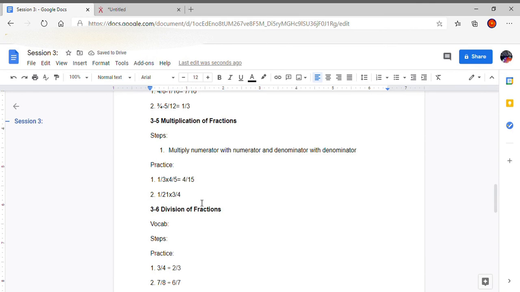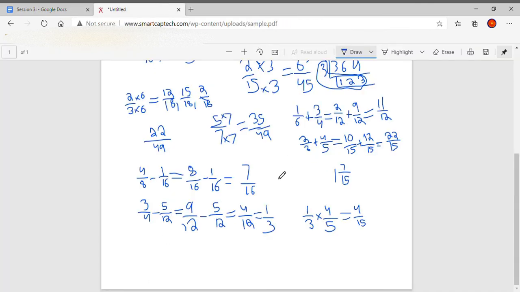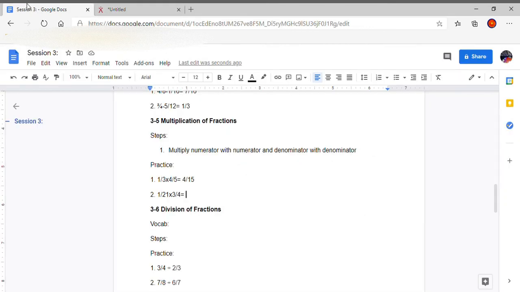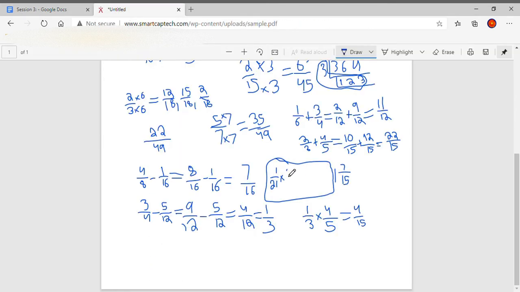Next one. 1 over 21. Write that here. 1 over 21 times, I'm writing over here, 1 over 21 times 3 over 4. So just multiply across. 3 times 1, 3, and then 21 times 4 is 84. So you can simplify this, by the way. 84 is divisible by 3, so when you simplify it, you get your answer equal to, so I'll do the